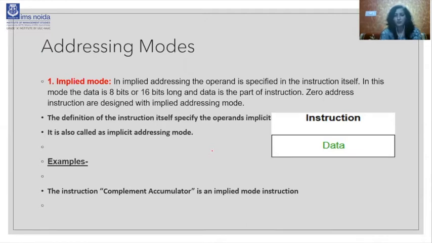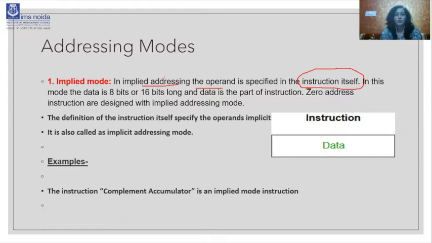Implied mode is a very simple type of addressing mode. In implied addressing, the operand is specified in the instruction itself. This is the main key of implied addressing mode. The operand is in the instruction itself, so there is no need to go to any address.